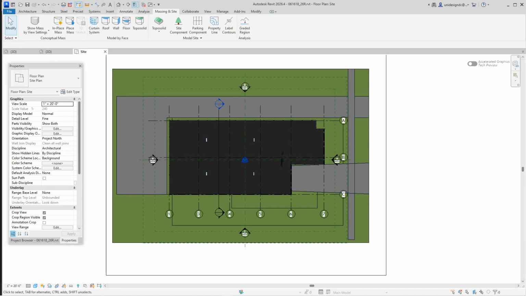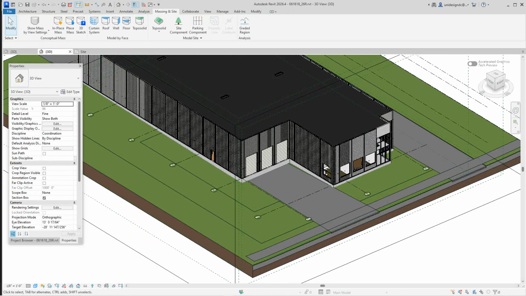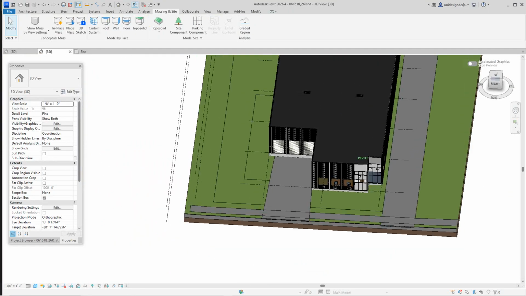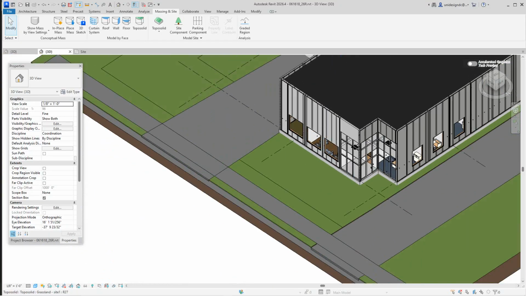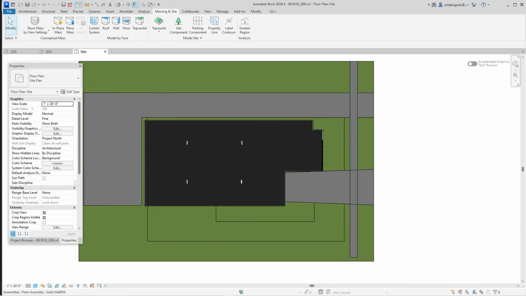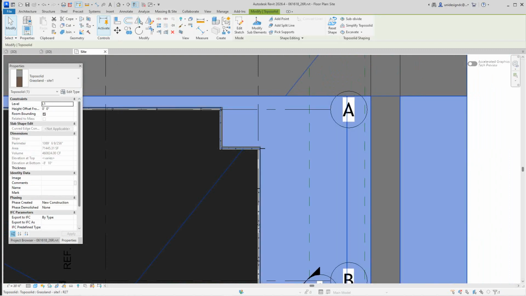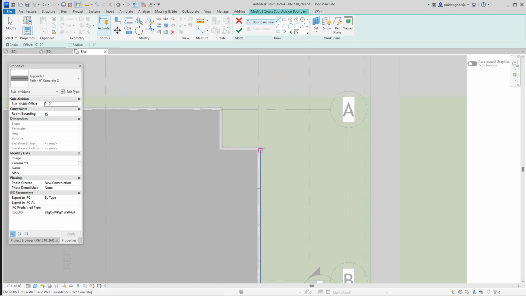So now let's go into our entourage and see what we're looking like in our 3D view here. Okay, that's kind of what it looks like. Now let's do that walk to the door. Okay, there's the door, so let's just fix that. So let's go to our site plan again. The door was here, so I'm going to just select this. I don't think I'm going to do anything too fancy here. Subdivide. We go with another 6-inch concrete, and let's just go and